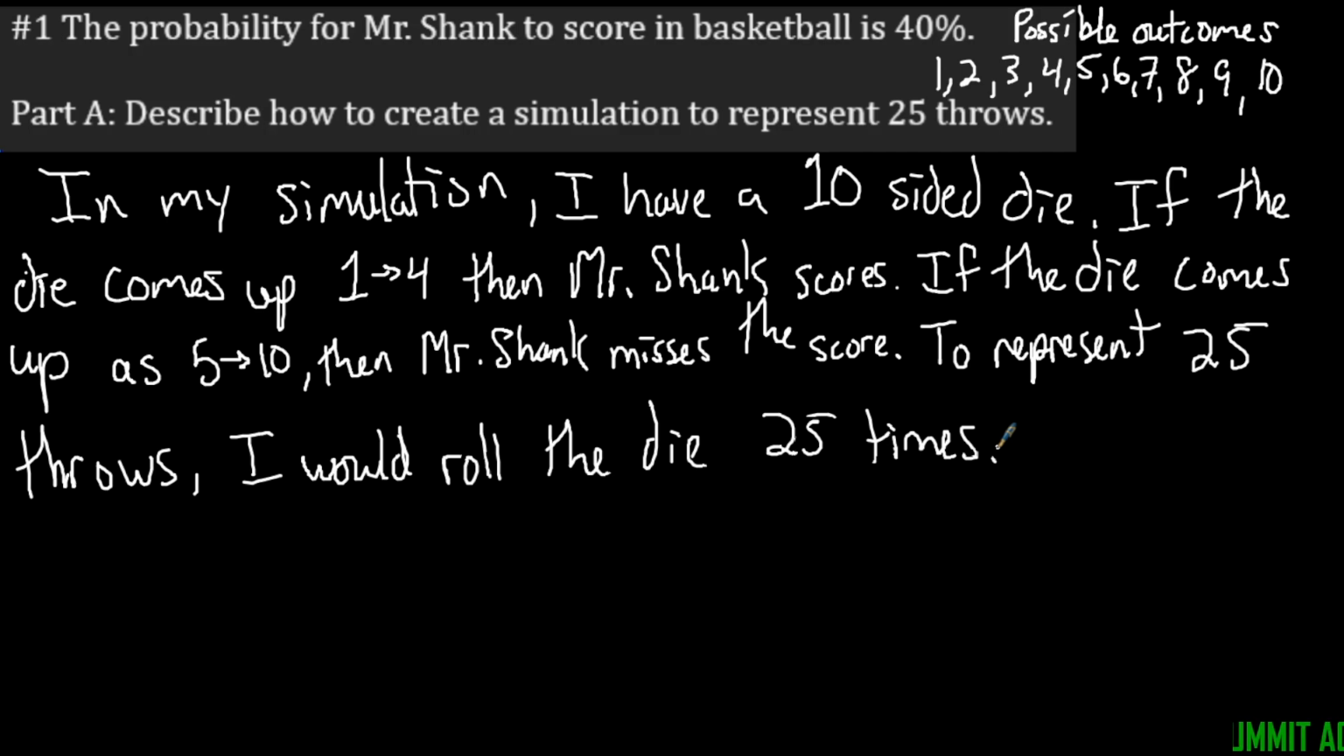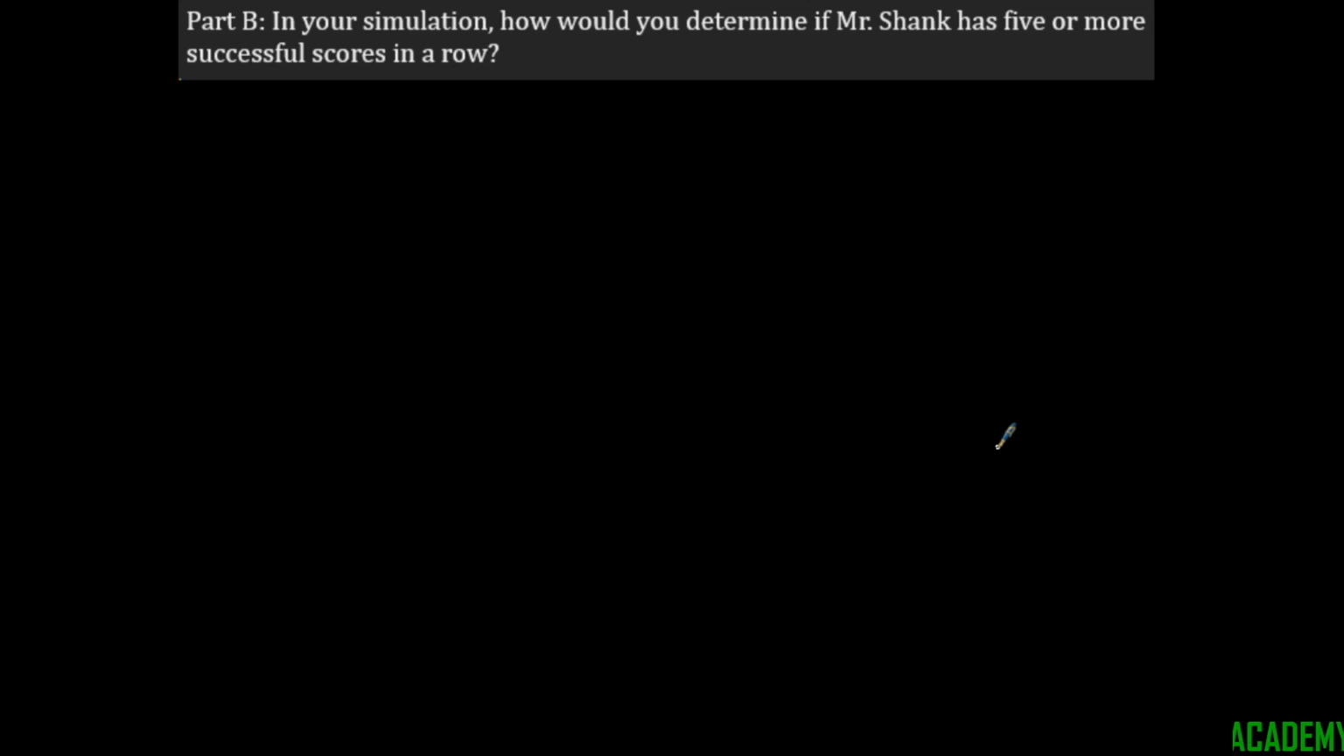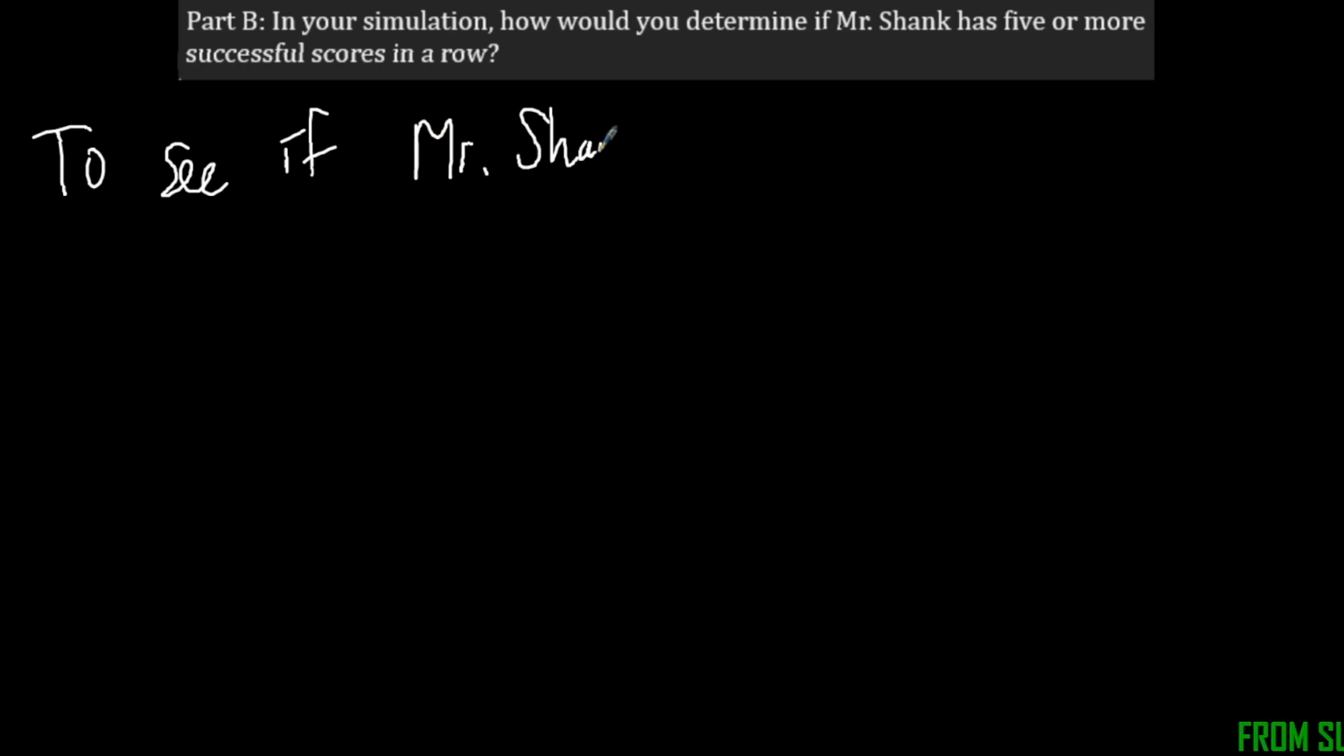Then in the next part, it says part B: in your simulation, how would you determine if Mr. Shank has 5 or more successful scores in a row? So we could say, to see if Mr. Shank makes 5 in a row,